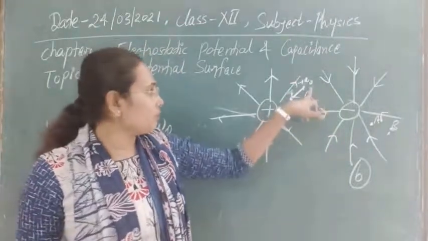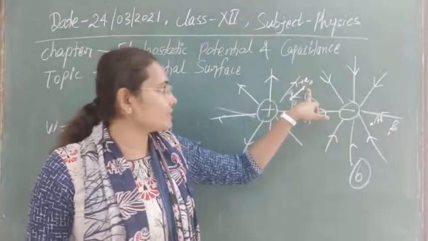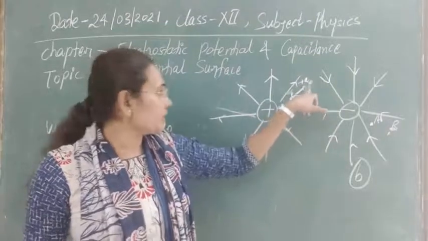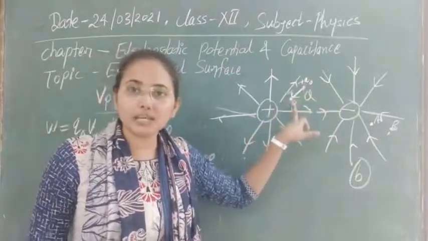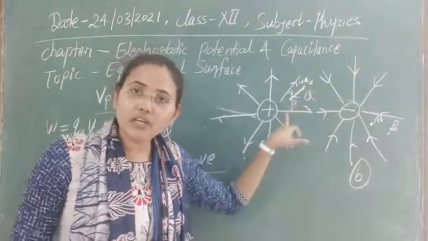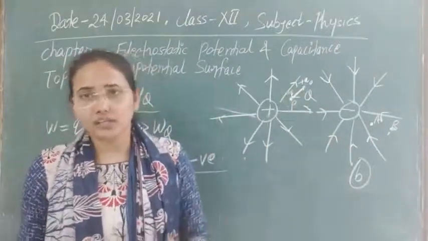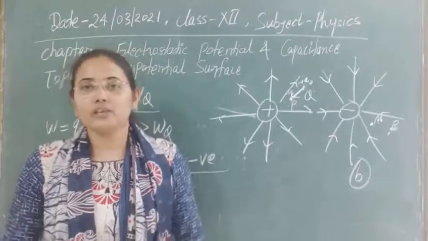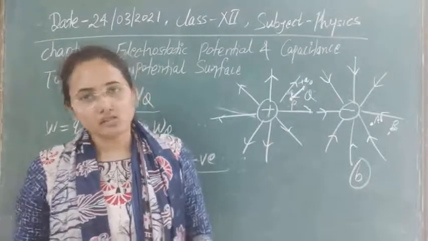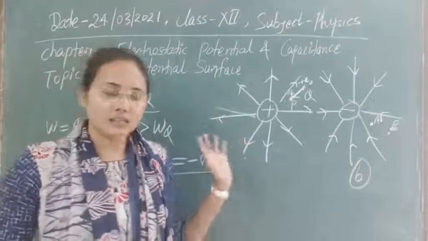So here this charge will feel less repulsion than at this point. So here it has to do less work in comparison to this point. So whenever it comes into this field, it has to do some extra work. That's why if work is done by the field, then obviously this work done is negative. So in these three ways you can understand it.